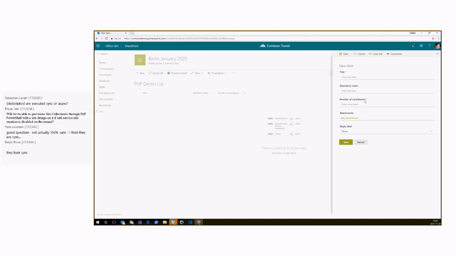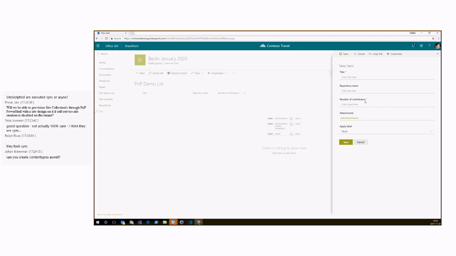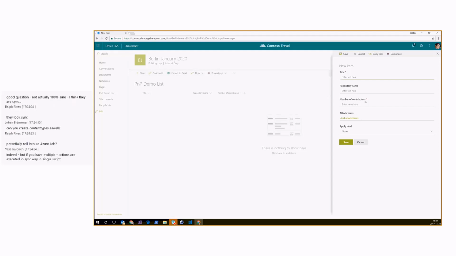Now, what you can do, among others, and I didn't demo that here, but you can hook up a flow, that flow, as I said, that we demoed during Ignite again, the flow adds the URL of the site you just created to a storage queue, and then the storage queue again can trigger a function, and that function can kick in and do basically anything you want to do given the APIs available.